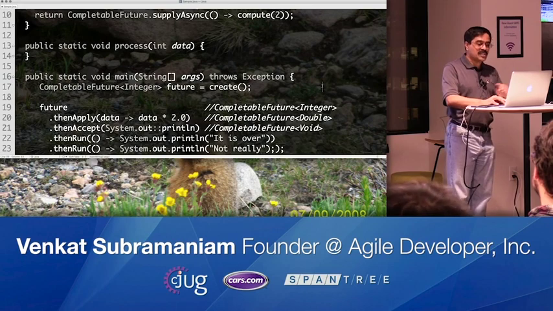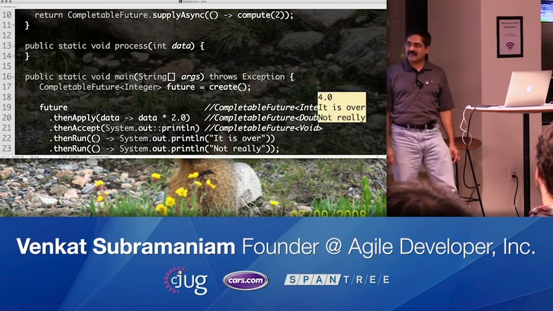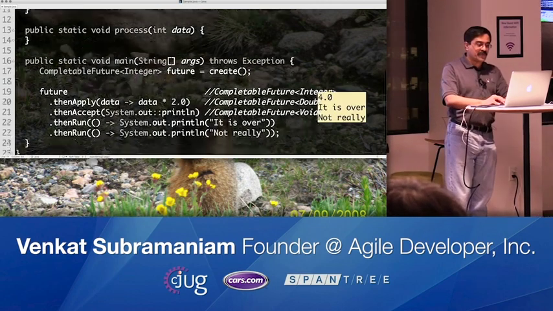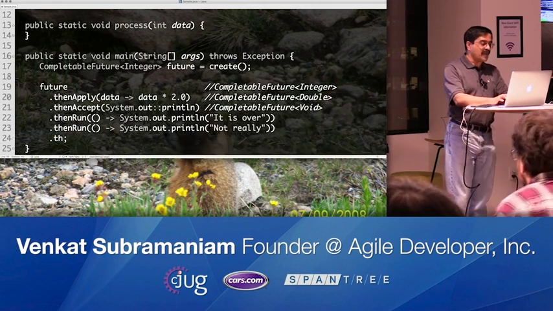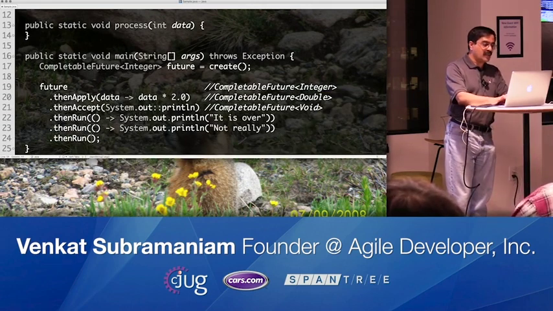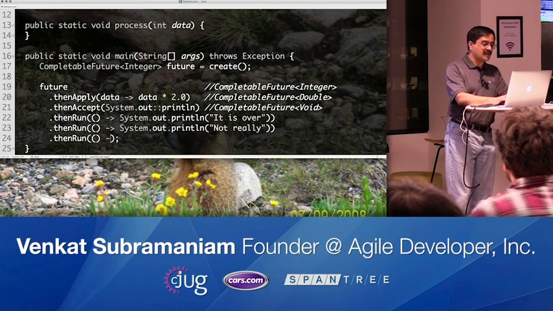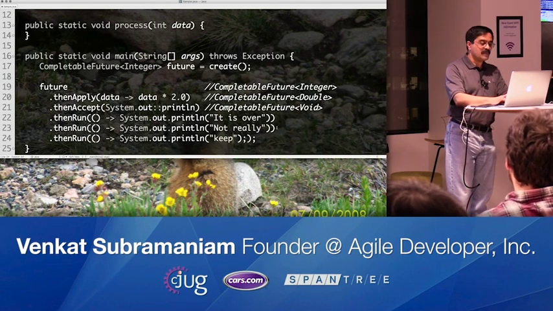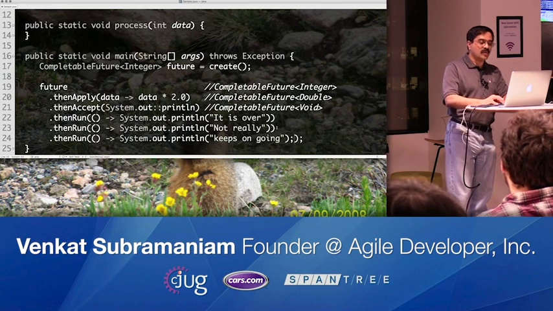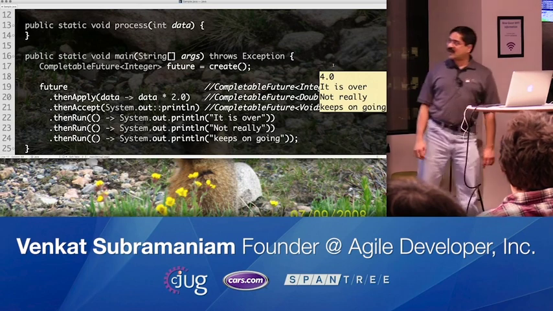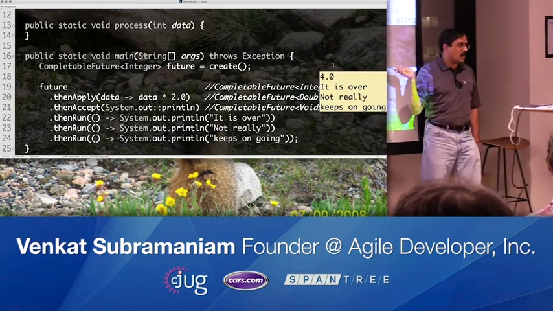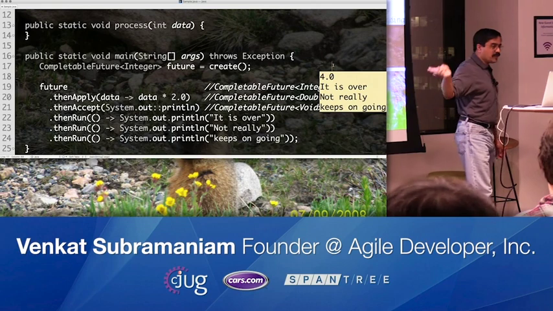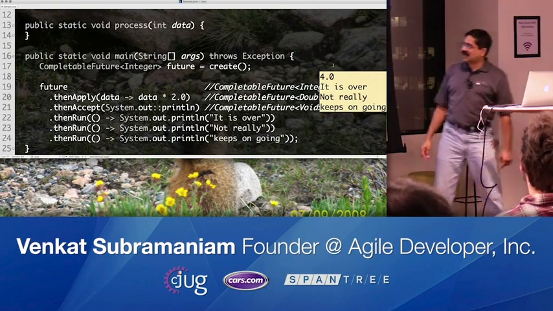So if I run this code, you will notice that in this case, it's not really over because the completable future survives beyond it. And you can go further, and you can say over here, then run, and you can say in here, well, it keeps on going, right? Keeps on going, there is no end to it. So trying to put an end to it is like trying to wait for eternity. There is no end to it at all. So this is going to be a completable future that returns a completable future that returns a completable future.